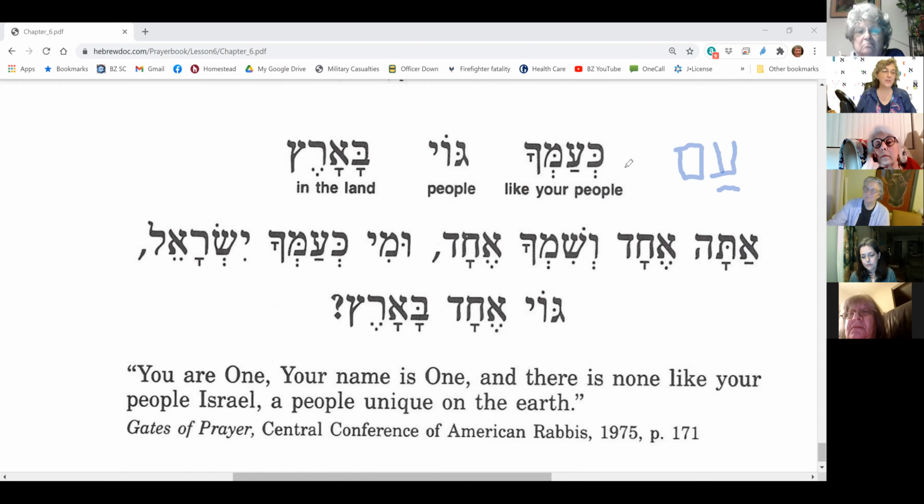So let's take a look at this word. Ka means like or as. Cha means your, masculine singular potentially. And what's left is am, which is actually this kind of am, but I have to take away the final mem part of it because it's in the middle of the word now. So I'm taking all those scribbles away. So ka, am, cha means like your people or like your nation. Does that help, Kathy? Did that answer that question? Yeah, and the middle word too.